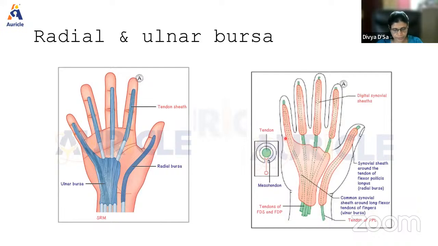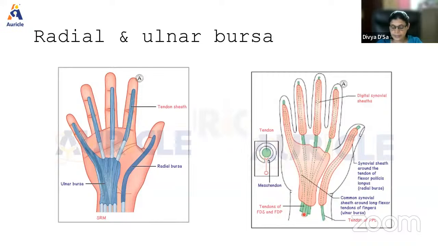Only here, the medial end, only with this one, the little finger, it becomes continuous. It's continuous with the digital synovial sheath of the little finger. So that is why any infection here can spread, but any infection in these synovial sheaths gets restricted only in the finger spaces. It doesn't spread further because they are not continuous, but in the little finger region, it can become continuous with the ulnar bursa, and then from there to the space of Parona, it